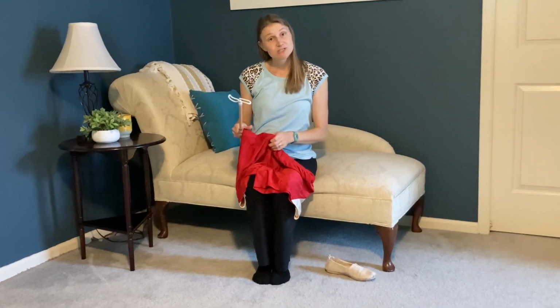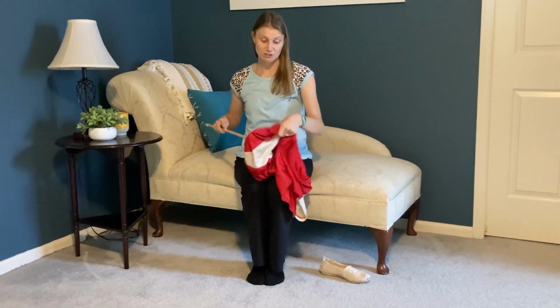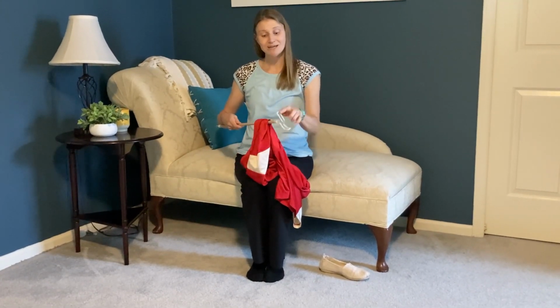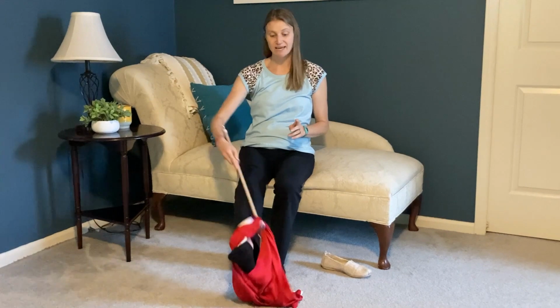Some people prefer to use a reacher for this, but for clients who have arthritis in their hands where it's painful to hold that grasp and squeeze, the dressing stick is a nice alternative because all you have to do is hold on to it. You don't have to also squeeze the trigger. But I can take my pants, run the dressing stick down through, and this hook at the end will kind of hook onto the waistband and the leg of my pants,